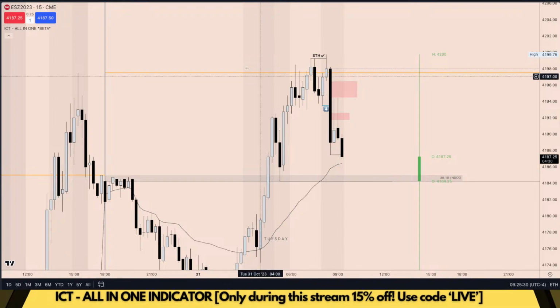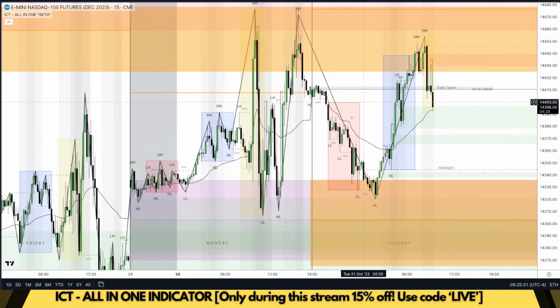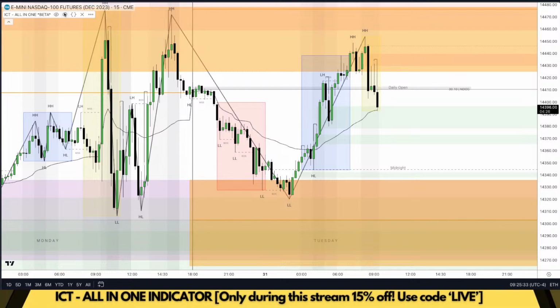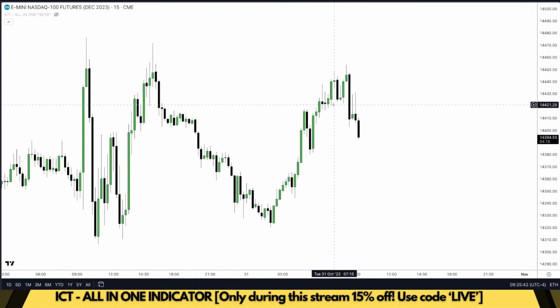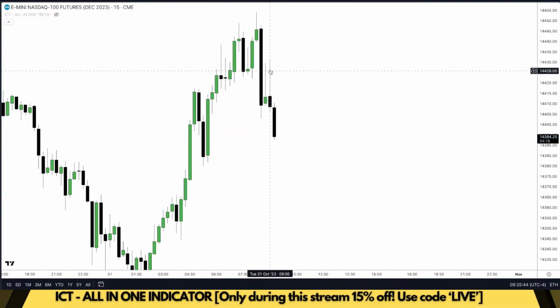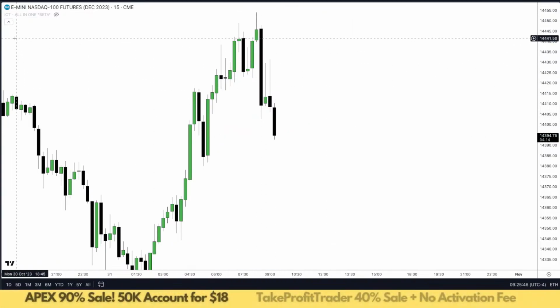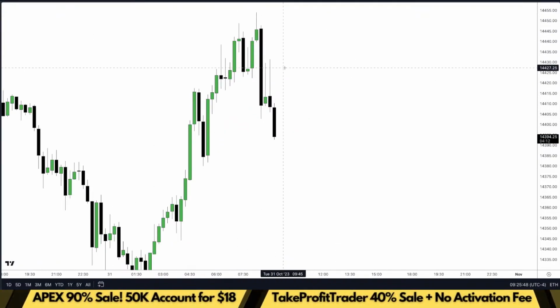Because only ES did take out the previous day's high. As we can see right here, if I turn off all the drawings, we didn't clear the previous day's high on NQ. We fell short of it, had our structure shift. You see that? We filled the 15-minute bearish fair value gap. That would have been an easy